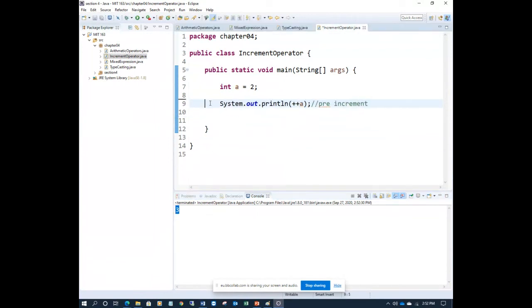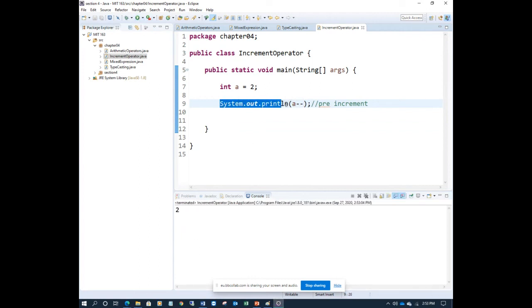Okay, so it's very similar for decrement. If you want to use decrement, we use pre-decrement. It will decrease first, so a will become 1. So 2 minus 1 is 1. If I use post decrement, it will not use it, it will just print the 2.